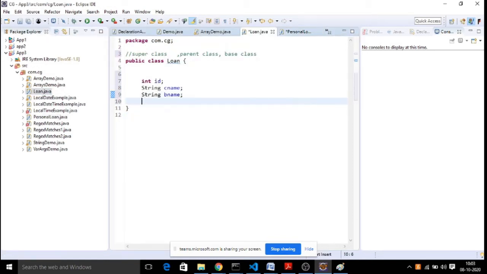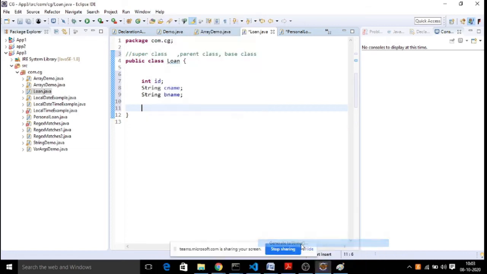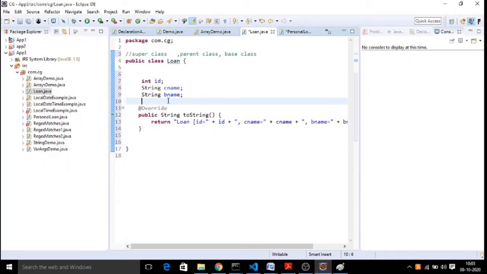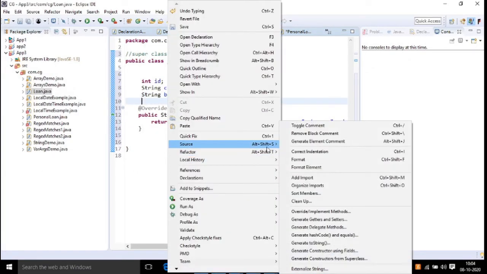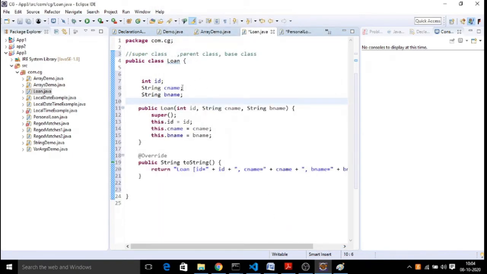So how do we print the content from the class? By writing the toString method. So I have created toString. And how do I generate my constructor? Source, generate constructor using fields. So the loan class has,